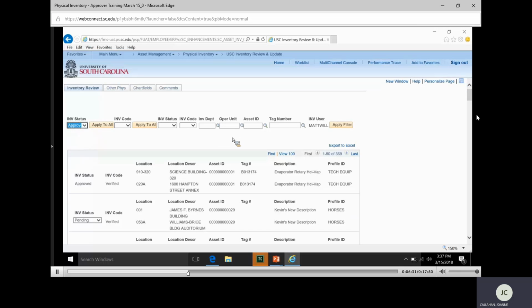So we can just select approve, just to see. And you can only change it for the selections that you're actually able to. So you wouldn't be able to change it to hold, because that's something that only the inventory user can do. You can only change it to rejected or